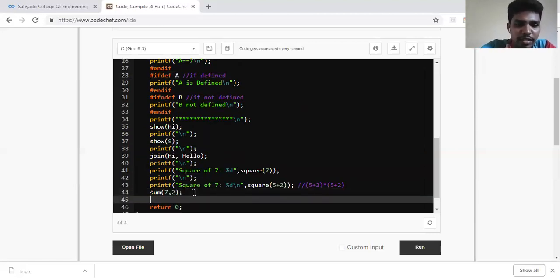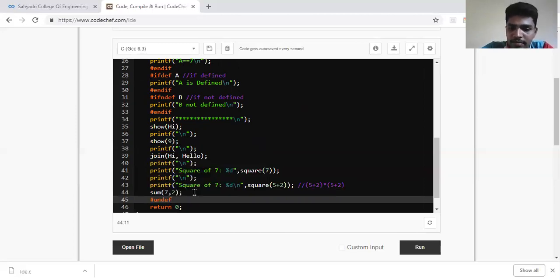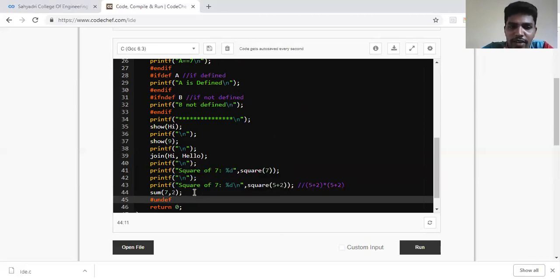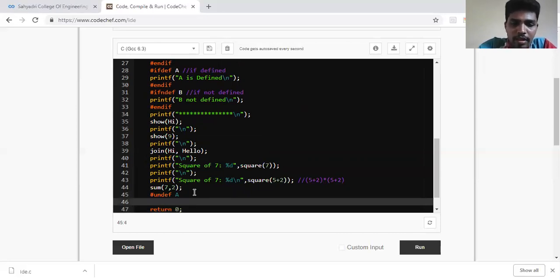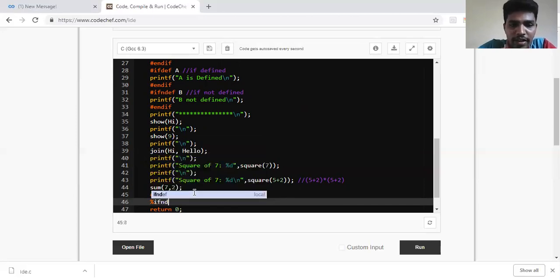So what I'll do here is go for #undef a. A is previously defined, so I went for undefining a. Now if I go for checking with #ifndef, which says if it's not defined, I should be using hash, not percentage.